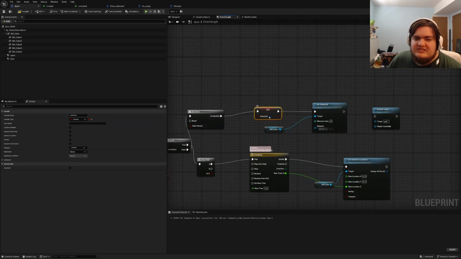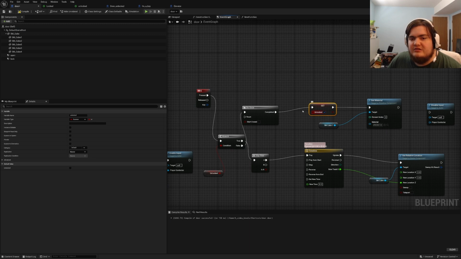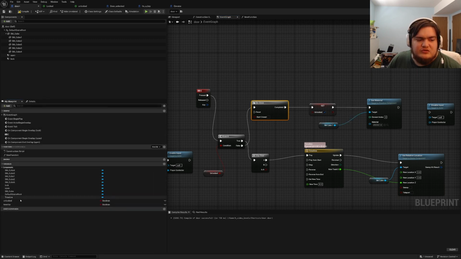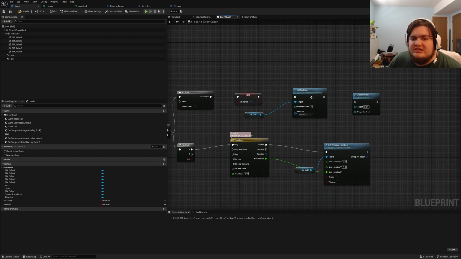Over here, we have it set the unlock to complete, so it will be unlocked from then on out. So when it goes through, do once, it completes, it sets the unlock. How you set that is you go over to my blueprints, you drag in your unlocked, let go, hit set, and you click the check. Once you connect this to the set, it will unlock it,